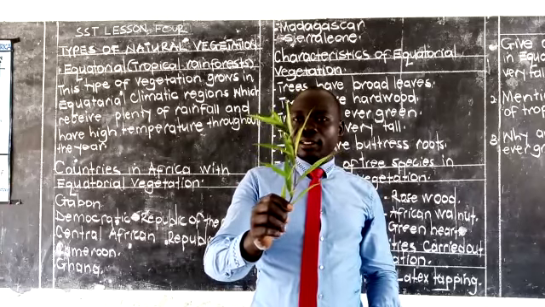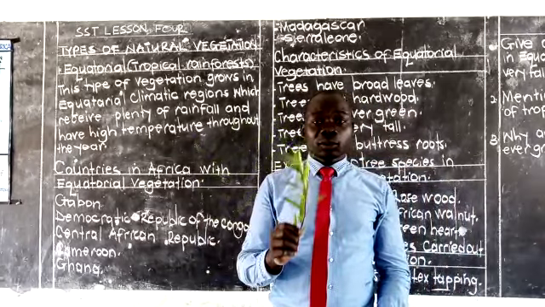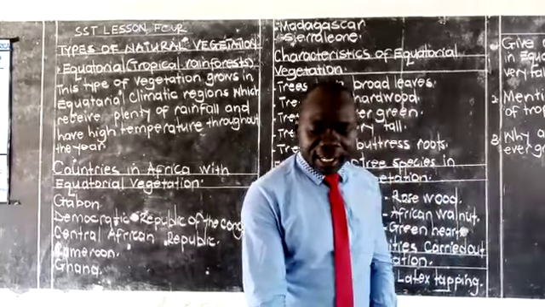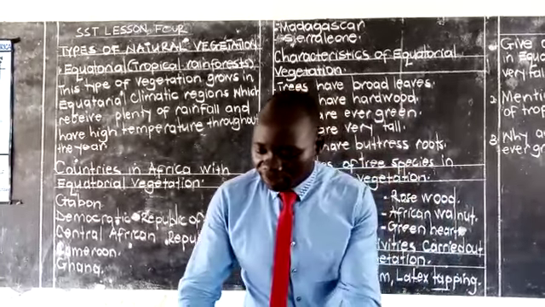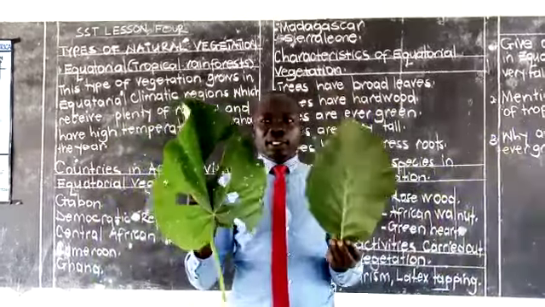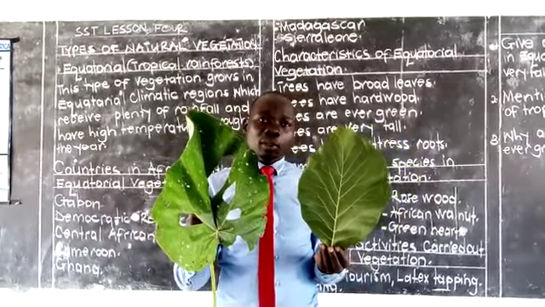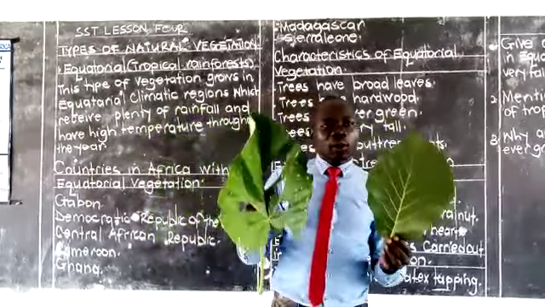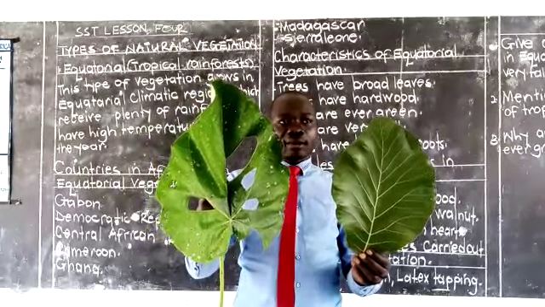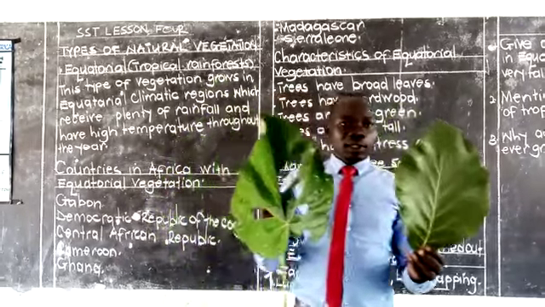It is found basically in desert vegetation, which we are not going to look at today. But we are going to look at the leaves that are very broad. I have two of these in my hand. These are called broad leaves. So when we go to equatorial or tropical rainforest, we shall find that almost all the trees in this region have this type of leaves.